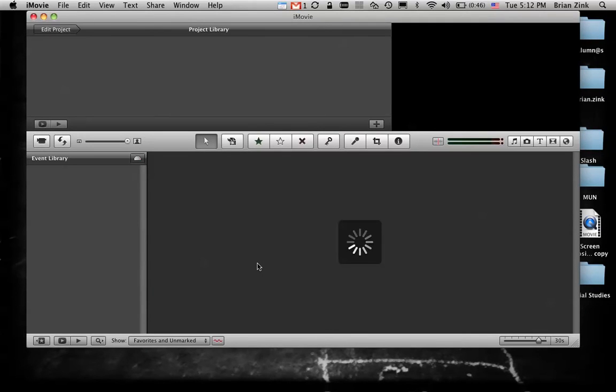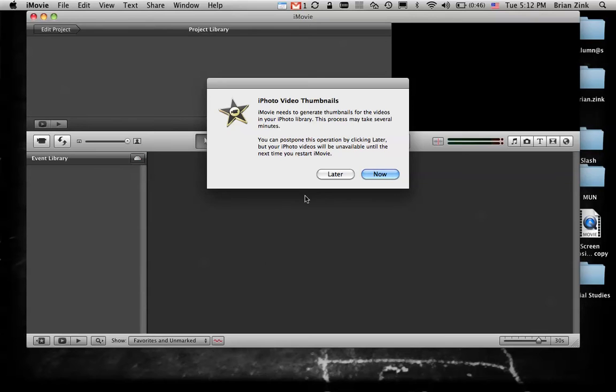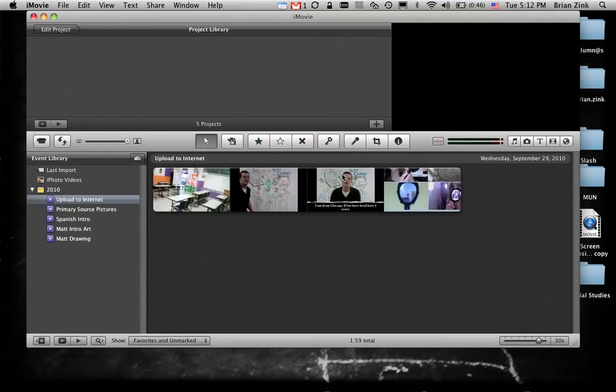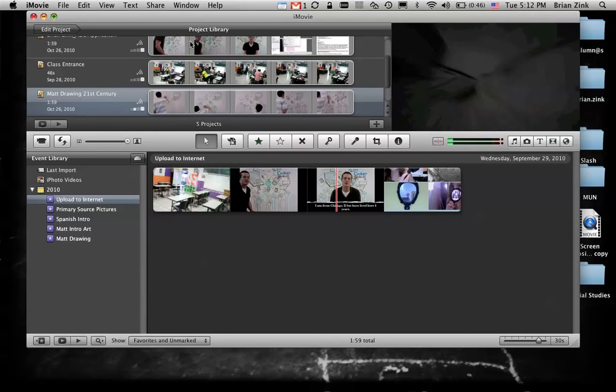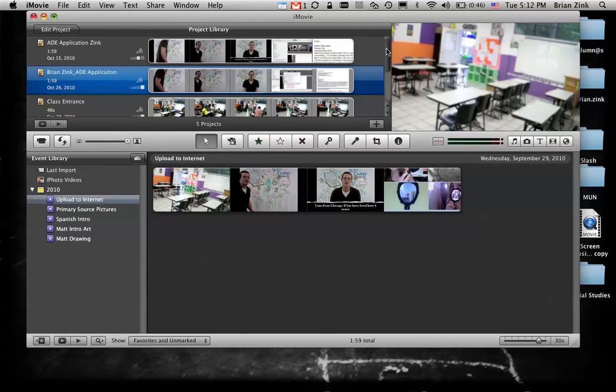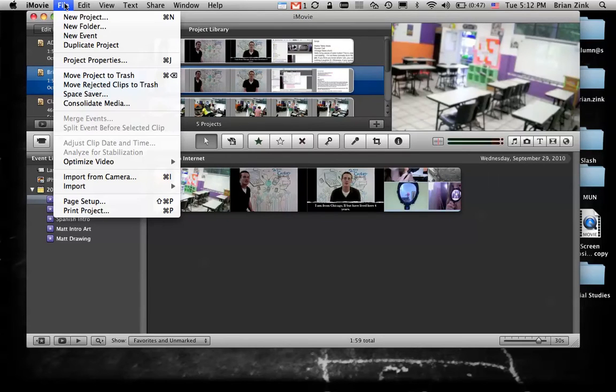When working with iMovie, you should close as many programs as possible. You do not need to have them all open. If you have lots open, you will get the dreaded beach ball symbol and have to restart your computer and maybe lose some of your work. You can see I've done projects in iMovie already. You guys have already begun some projects in Mr. Cotter's class. One thing you want to do right away is create a new project,